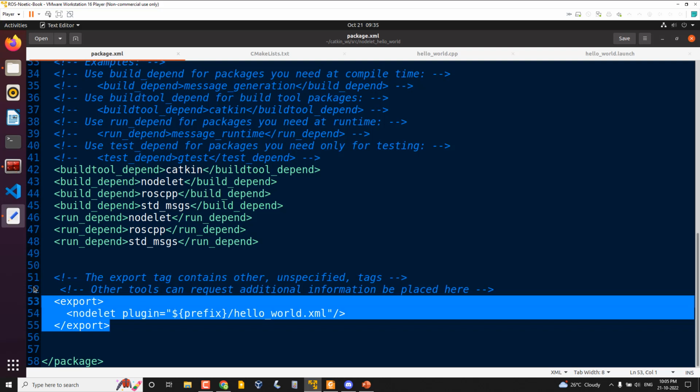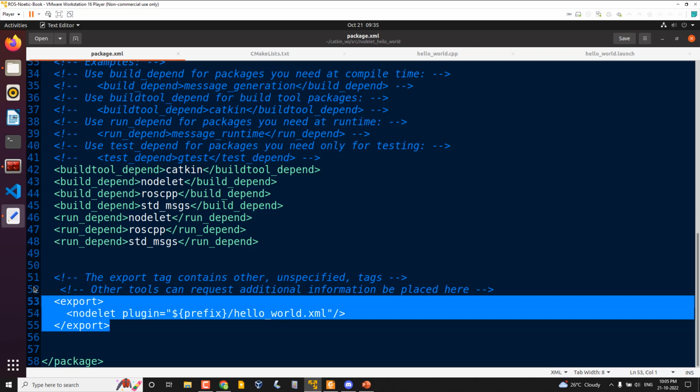So the Nodelets or the plugins or whatever we are going to write, it can be a plugin, it can be a controller, any plugins, all these plugins are a kind of library, and all these plugins have to be exported in the package.xml. Then only the ROS tools can